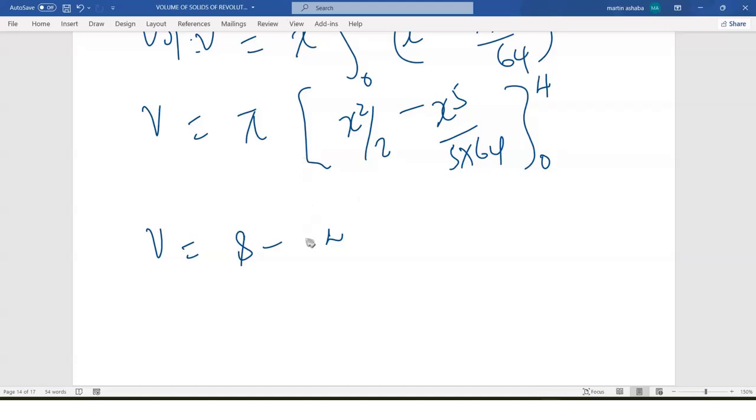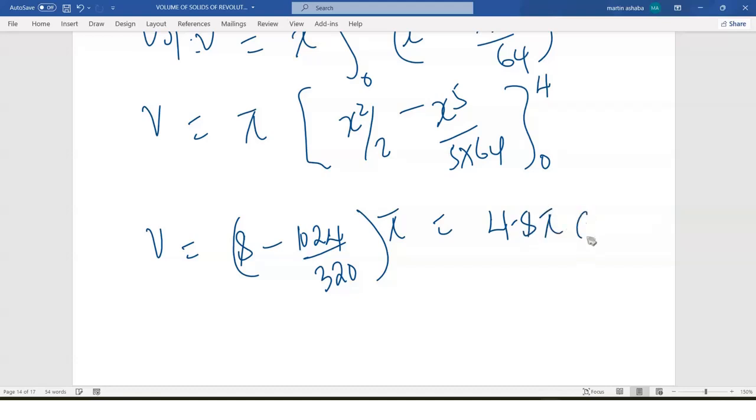4 to the power 5 is 1024, divided by 320. Remember, you have a pi there, so that value divided by 320. So 8 minus that. Finally, I'll have 4.8 pi cubic units. So that is how we can get the volume